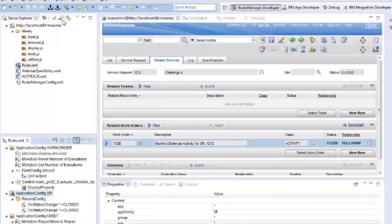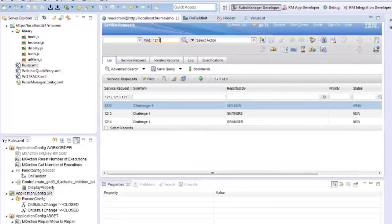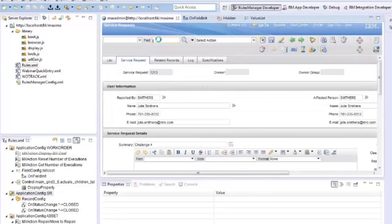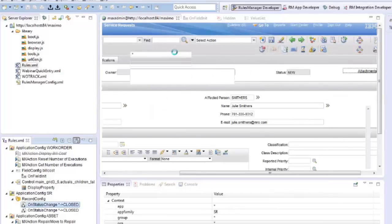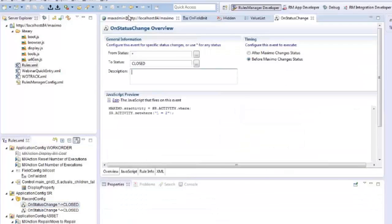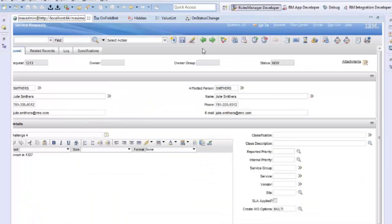So we toggled the Maximo business logic to allow that to happen. First, let me enable the rule, then I'll talk you through how it works. I'm going to commit my rule. Let's go back to my list, 1213. Open that one up. So now, provided my rule is committed,